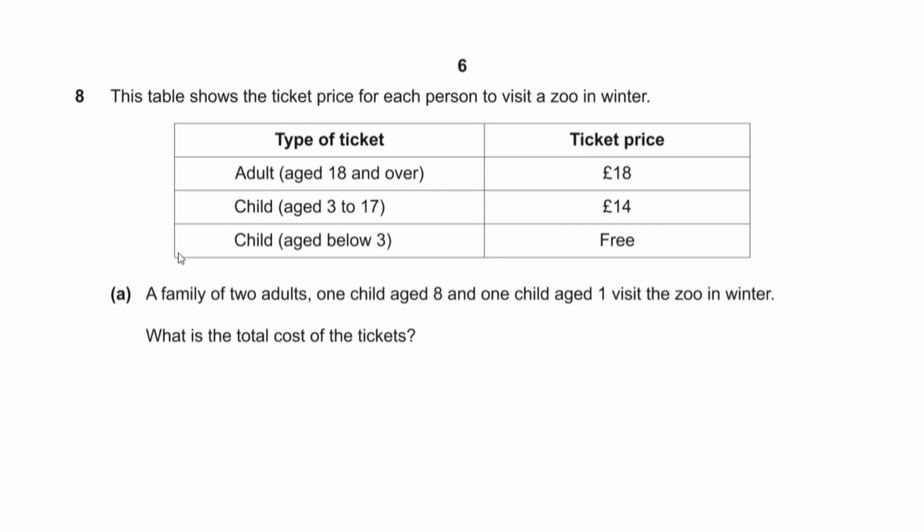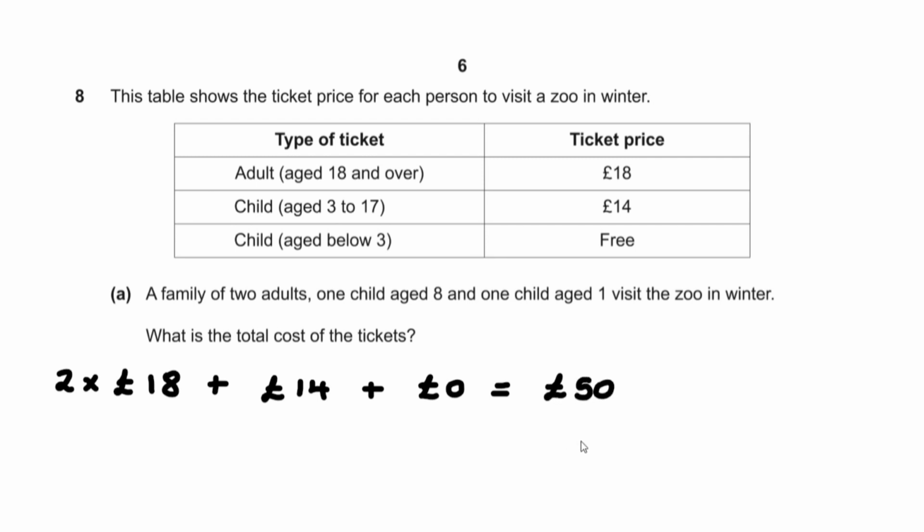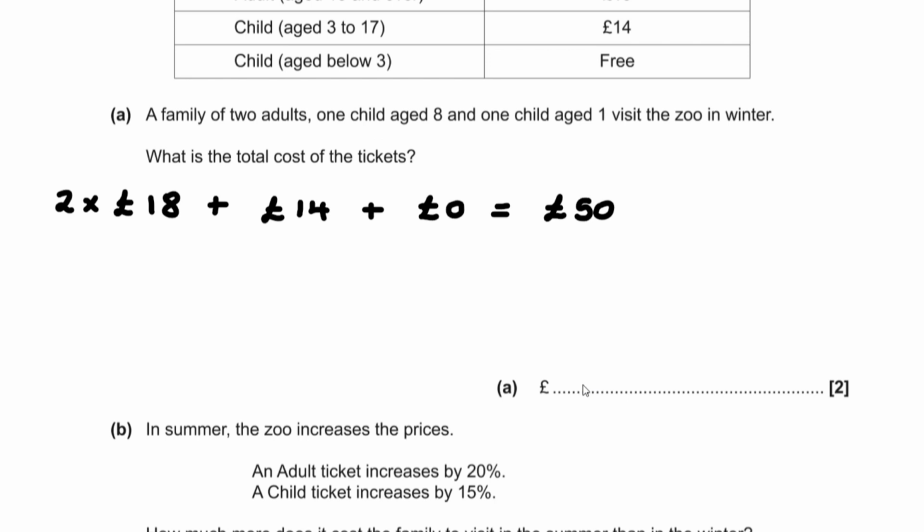So to work out the total cost, we have 2 adults, so that is 2 times by £18. Then we also have a child who's aged 8. That costs £14. And then we have a child who's aged 1. That's free. So that's £0. And if we work out what this is equal to, we get £50. So the cost then is